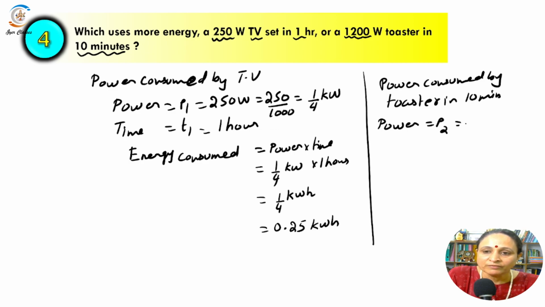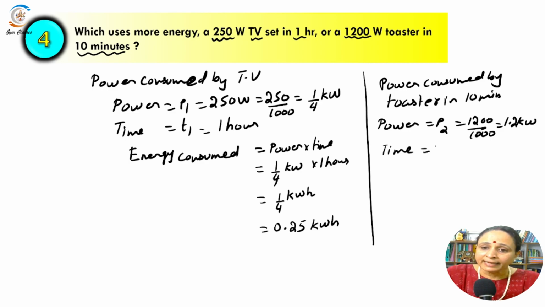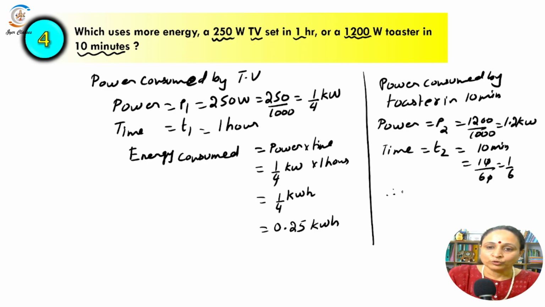It is P2, which I'll write 1200 divided by 1000, which is equal to 1.2 kilowatt. And what about the time? Time is T2 and that is 10 minutes. If I want to convert this in hours, it is 10 by 60, which is equal to 1 by 6. Therefore, the